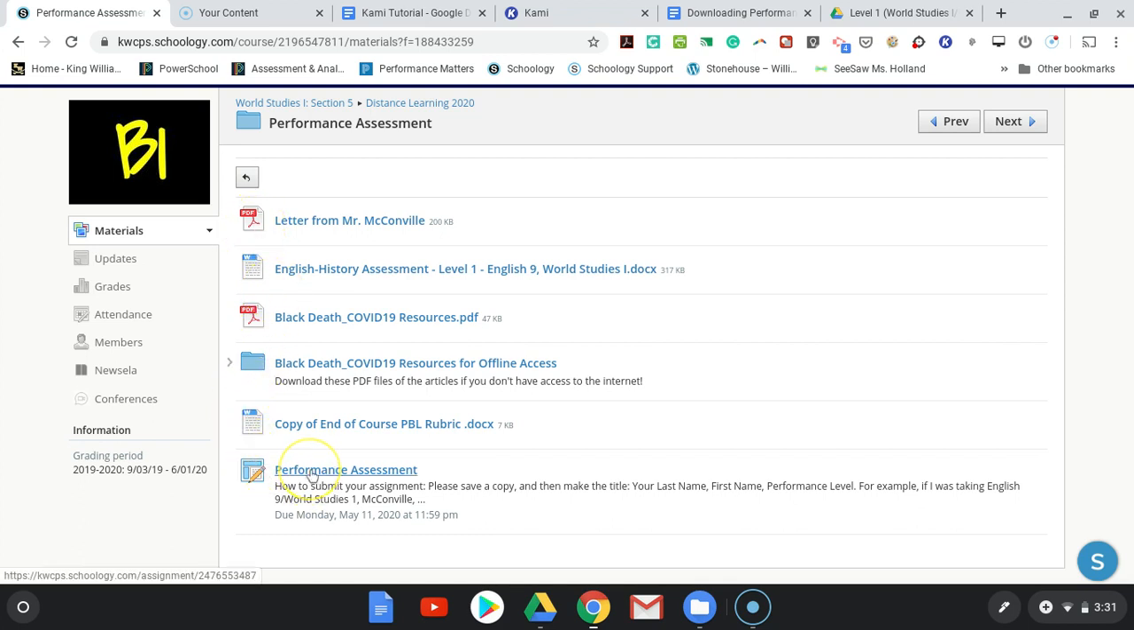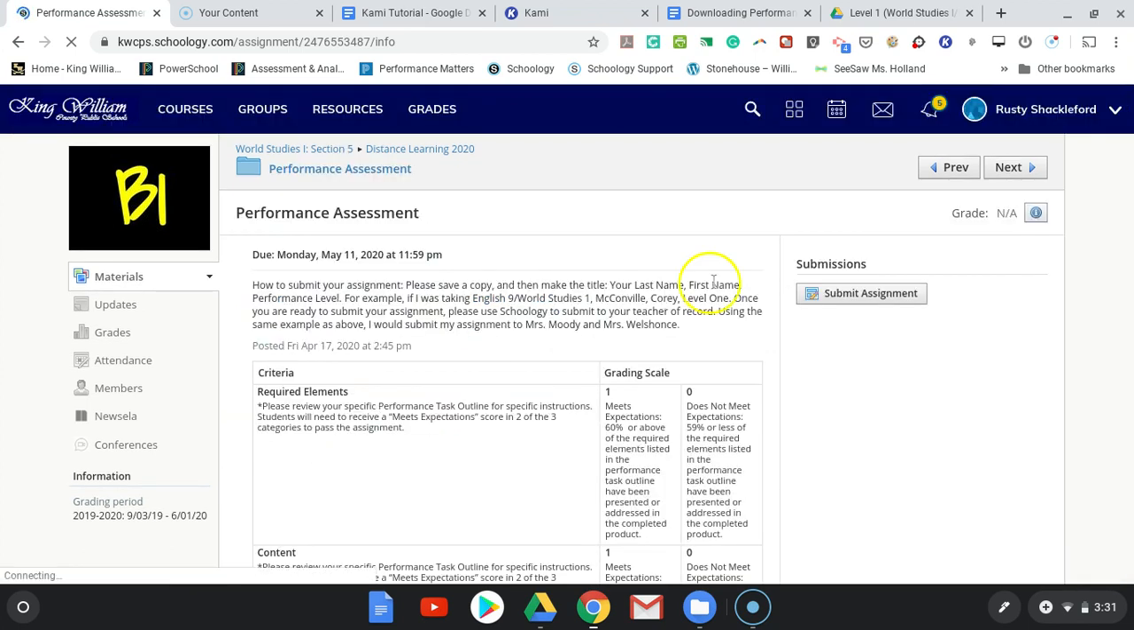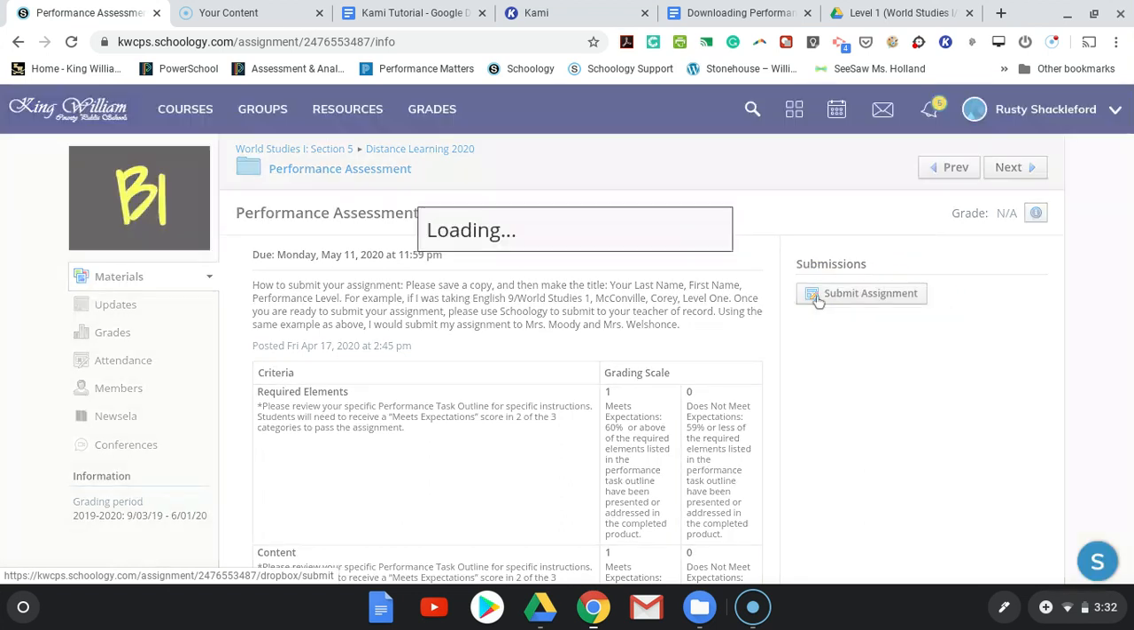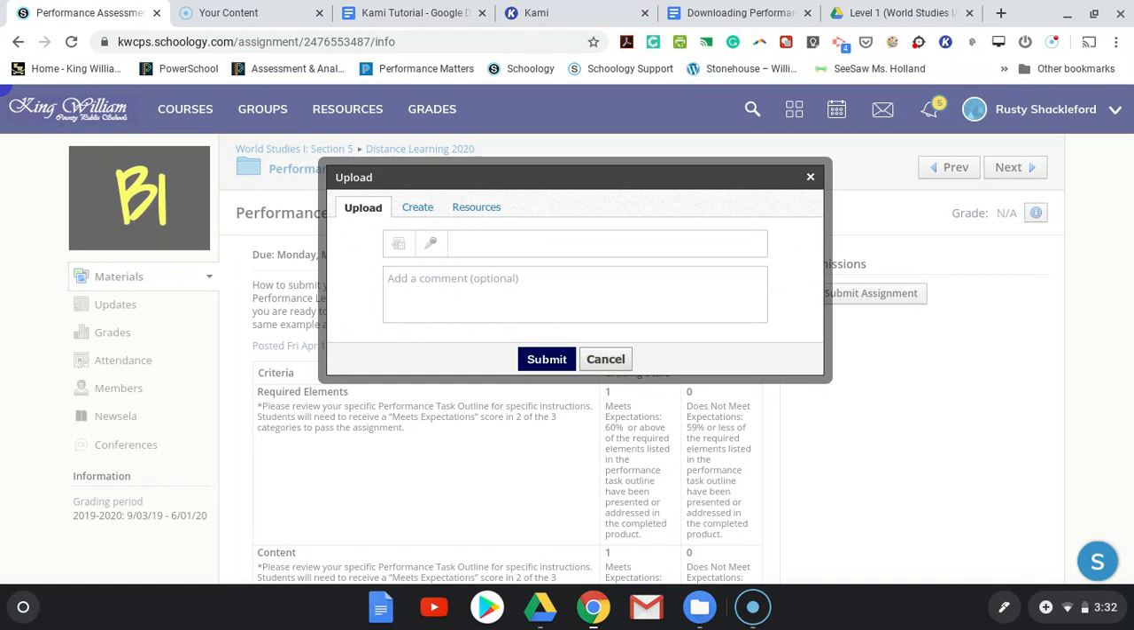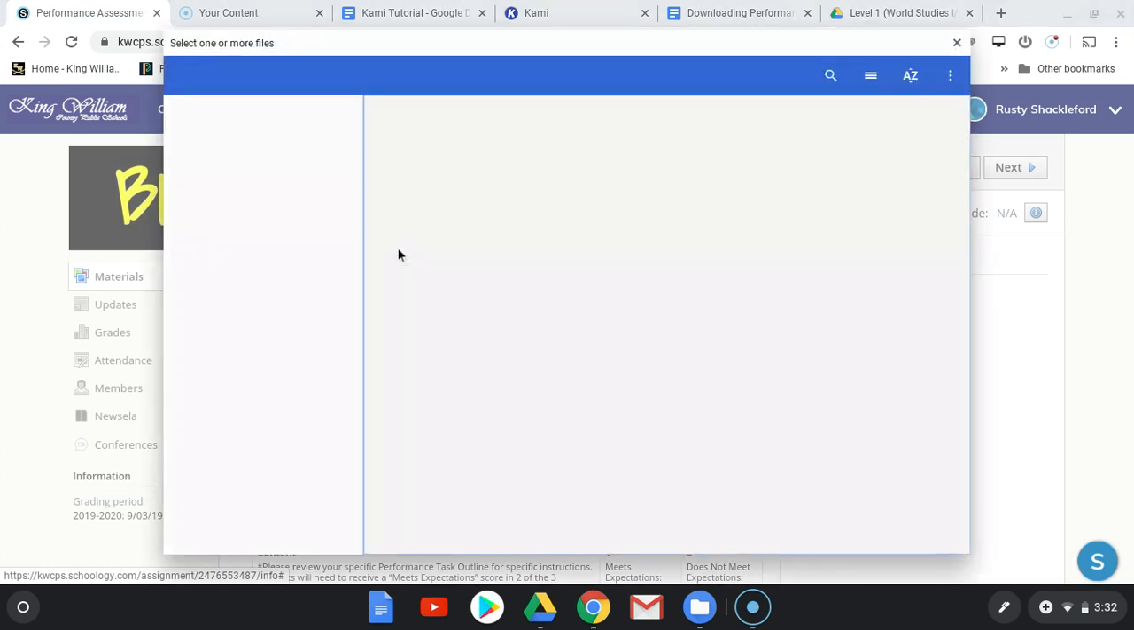Now, if I open the performance assessment up, you will see that there's a submissions on the right-hand side, submit assignment. For this, you just click on the assignment. You will see it says upload, and this first icon is your file icon. So you simply click on that,